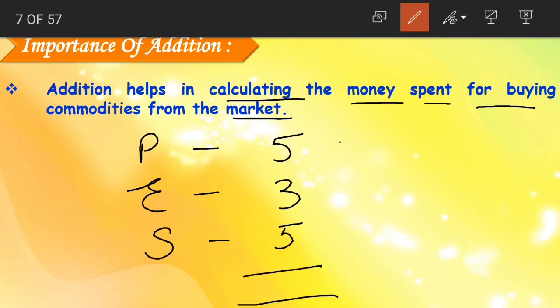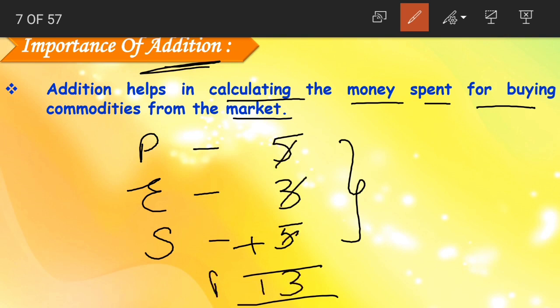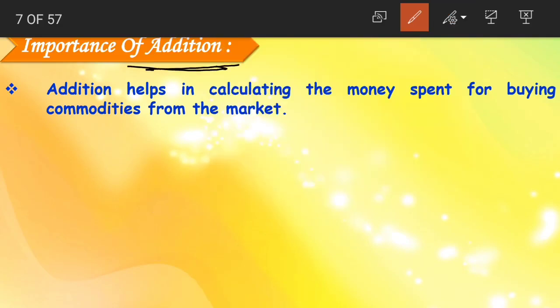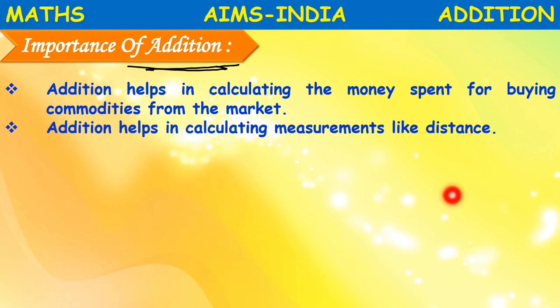Now how will I say how much money I spent in all? The total money. What do we use? We use addition here. 5 plus 3 becomes 8. 8 plus 5 becomes 13. I can say that I spent 13 rupees in the market. How did we find out this amount? We found it using addition. So addition helps us in calculating the money, and also addition helps in